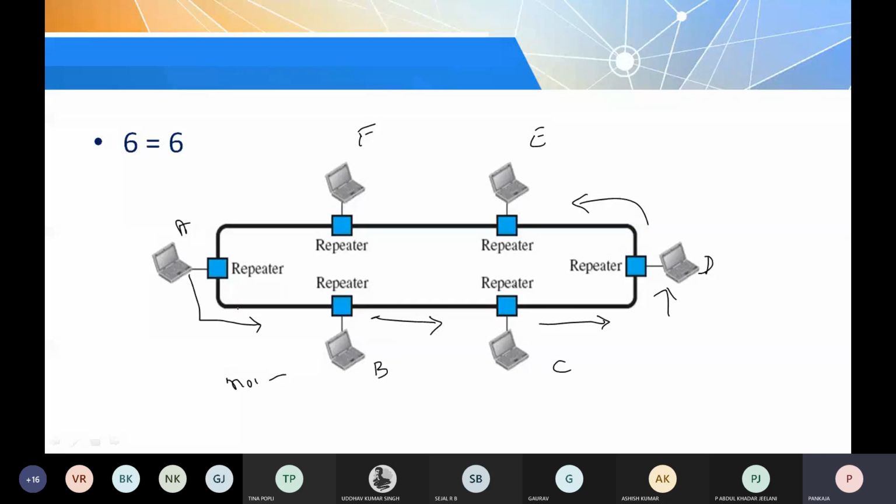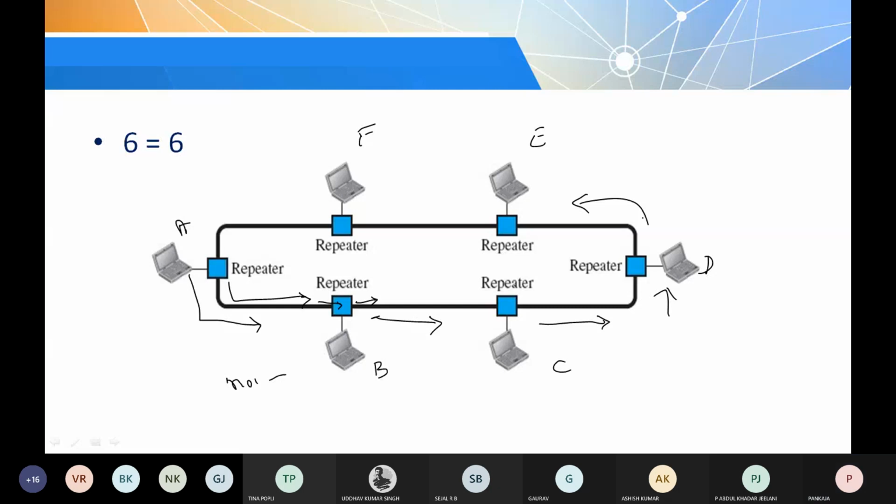To avoid that, when the data comes to this node, the repeater regenerates it. That means it strengthens the signals. That is the purpose of using a repeater, and that is one point you need to remember. That is why they have connected repeaters in the ring topology. How data is sent, I told, is unidirectional. If it is in this direction, the data always transfers in this direction only. Even if A wants to send data to F, it has to go in this direction only.